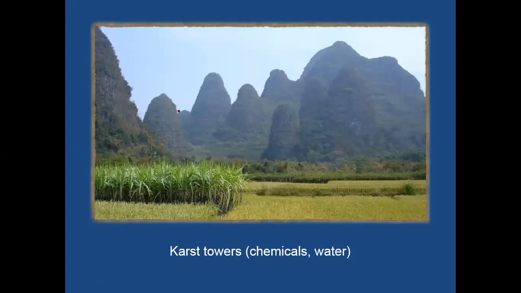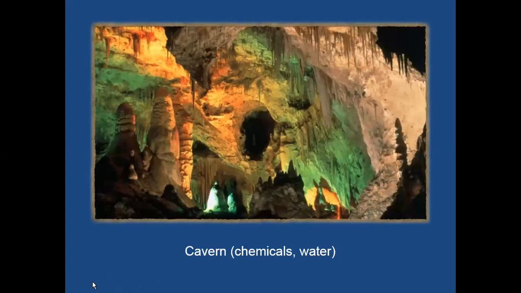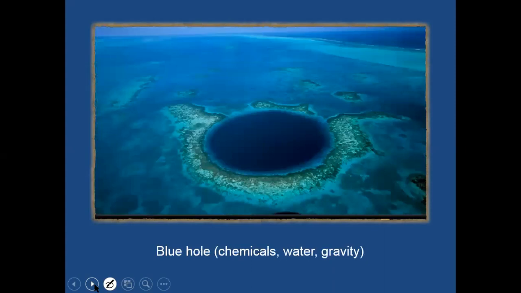These gentle sloping mountains that we see in Southeast Asia often, these are what we call karst towers. So this is a limestone-rich landscape that gets slowly eroded over time to form those nice gentle kind of hills. Limestone caves are common when acidic water leaches down into the ground and kind of clears out these formations. And then under the ocean, you can get things called blue holes, where acidic water is kind of going into a limestone-rich landscape and causing these deep holes or caves